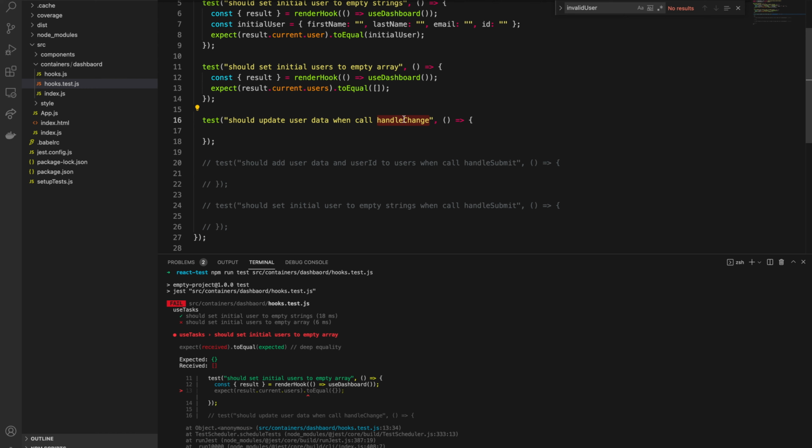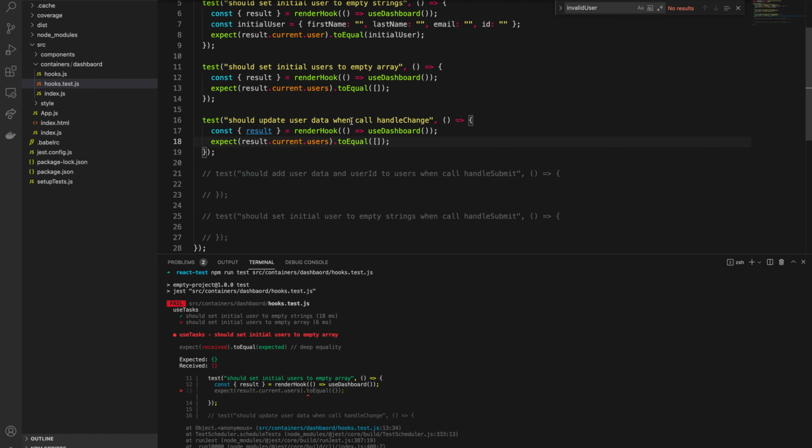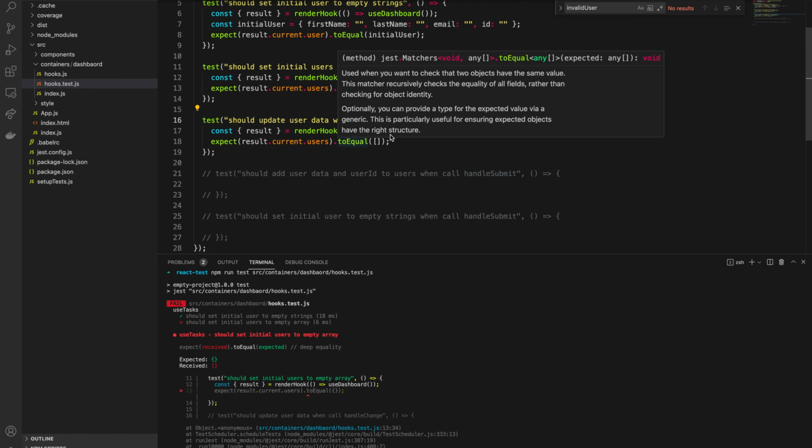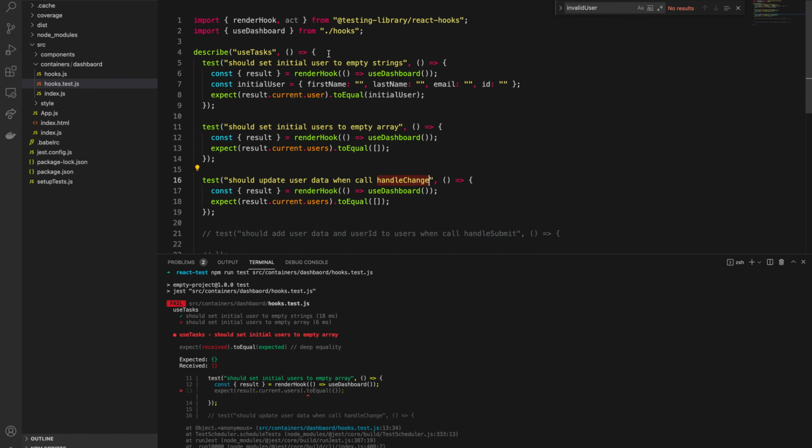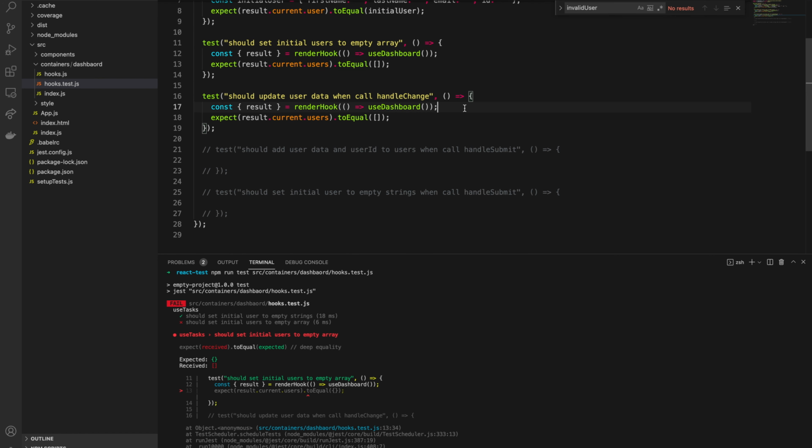How we can work around this again will be something similar to this one. First we need to actually access this result by calling render hooks, then passing our hooks as a callback. And now we need to access this function called handle change, and we can call it. To call this function, we need to use act as a wrapper for that function after this